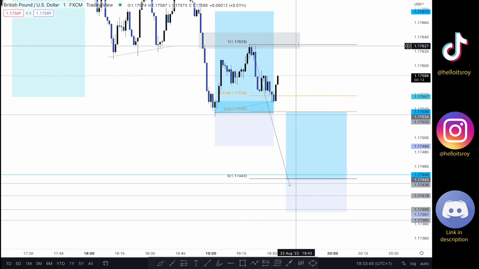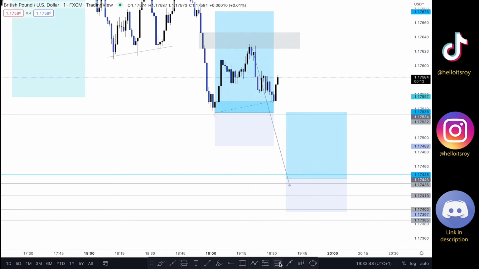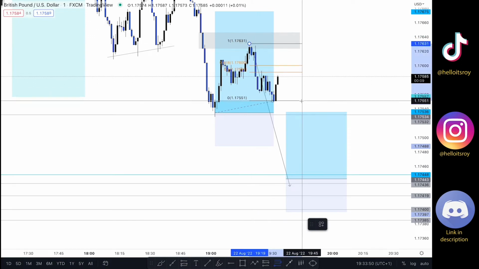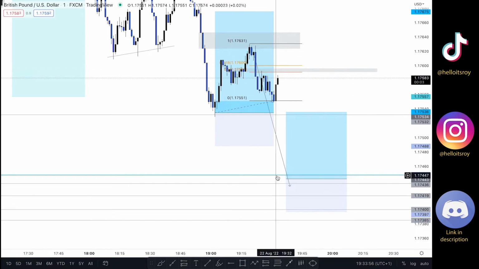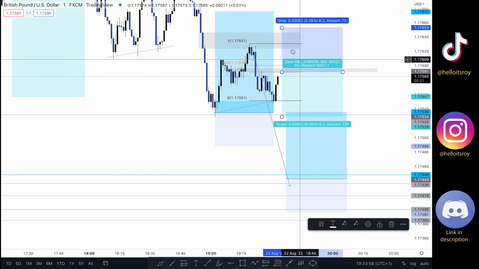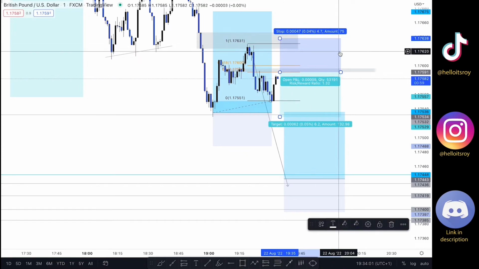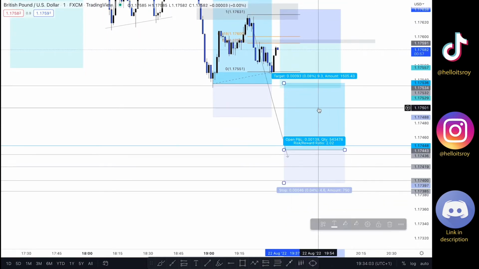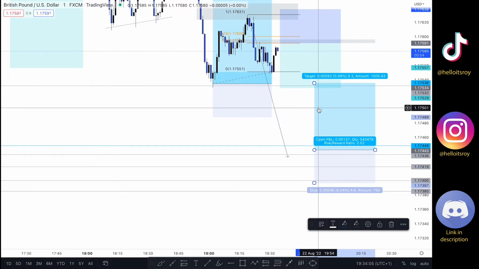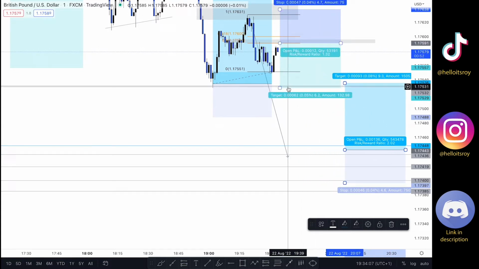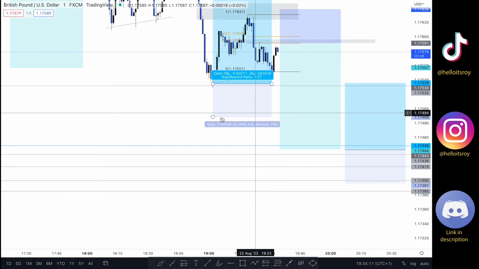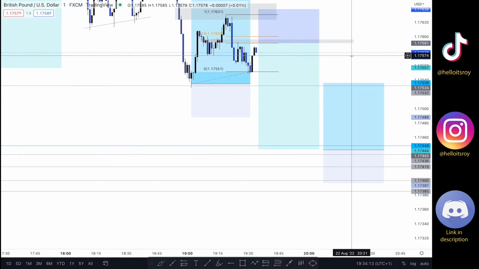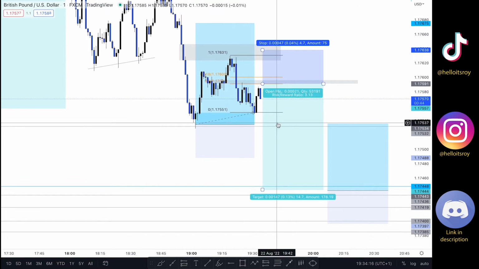Now as the market is pushing through to the upside right now as well, I'm going to add in another sell into this area. So the sell is going to be almost from there, right there, and then I'm going to be targeting my entry right here. So these are going to be my trades for GBPUSD.